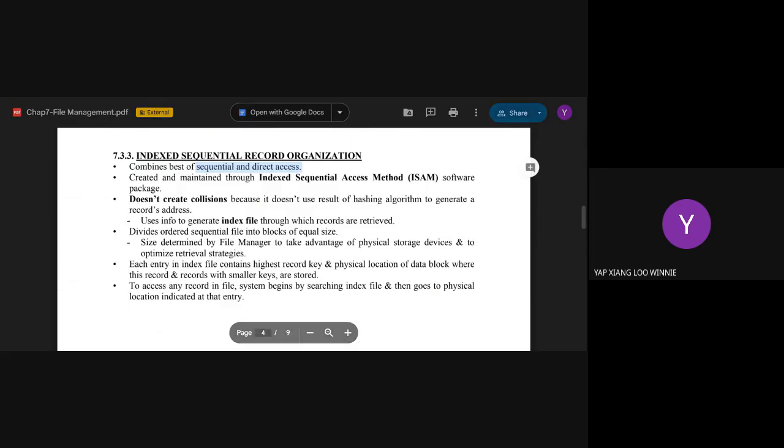When you talk about index sequential, basically it is a combination of sequential and direct access. So you combine both of them together. Why do we combine sequential and direct access? Because we want to solve the issue of collision from the direct record organization. Previously, direct record organization would cause collisions, right? Now, with index sequential, our first aim is to solve the issue of collision. Index sequential doesn't create a collision because it doesn't use the result of a hashing